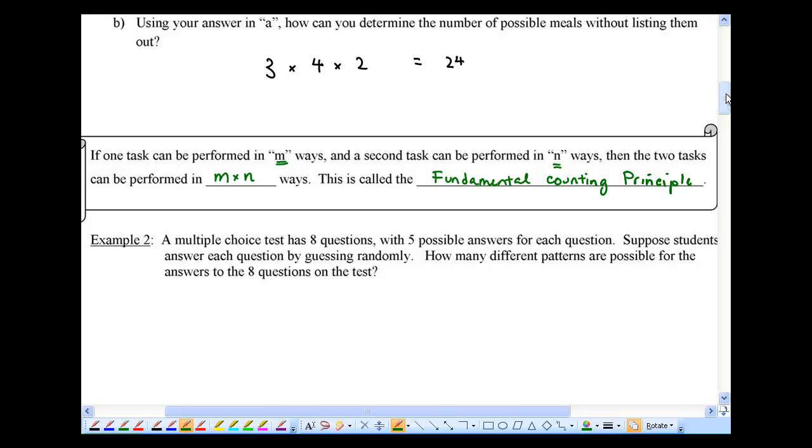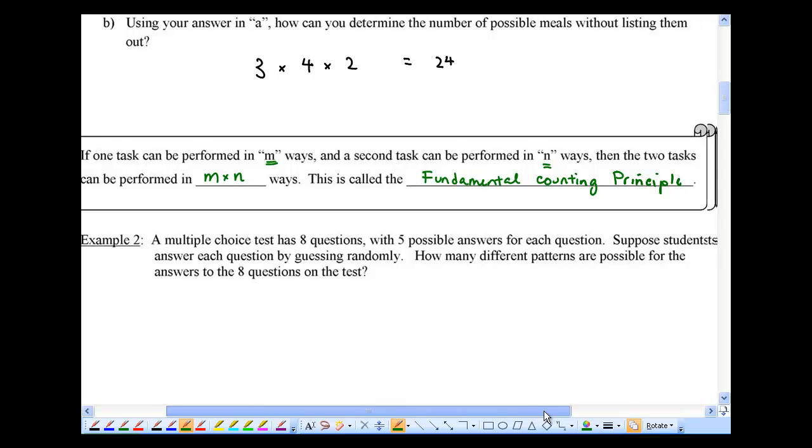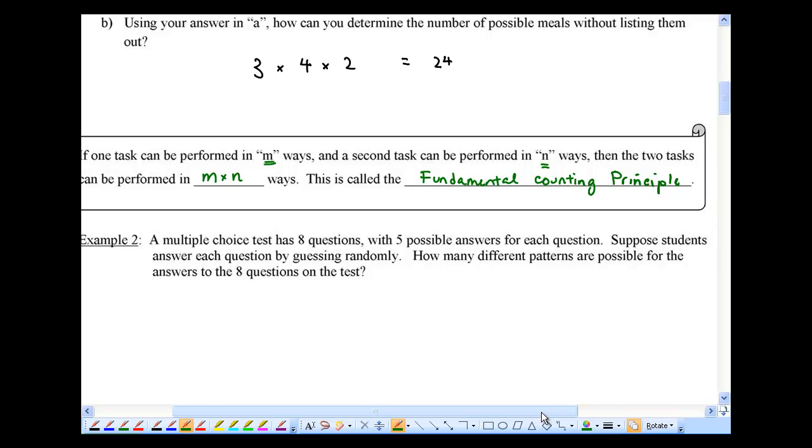Got a multiple choice test. Ooh, you guys like those. 8 questions. Ooh, like that even better because it's short. 5 possible answers. Ooh, maybe you don't like that. Okay, now suppose students answer each question by guessing randomly. Of course, you're not that kind of student because you wouldn't be in my class if that's the case, but let's say you were. The question is, how many different patterns are possible for the answers to the 8 questions